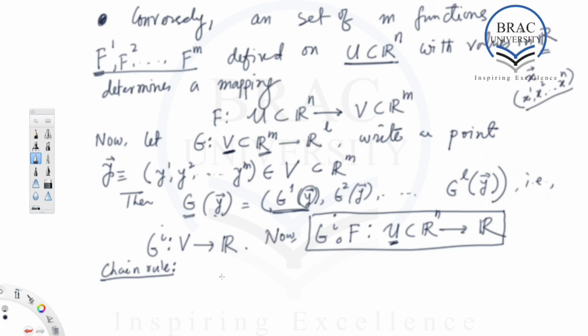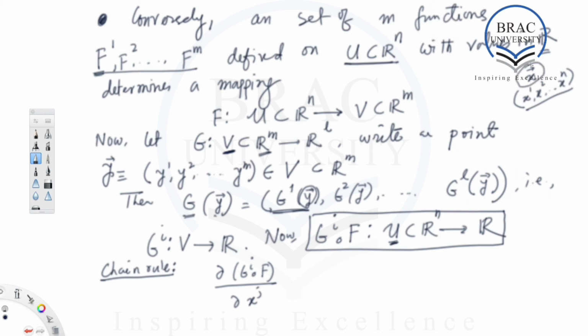So now this guy, the partial derivative of this function with respect to